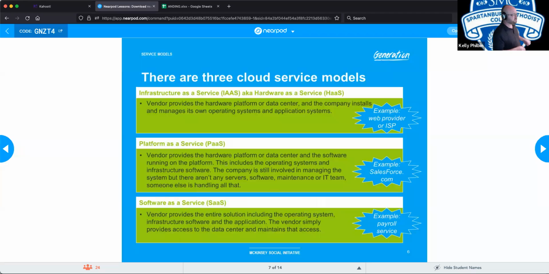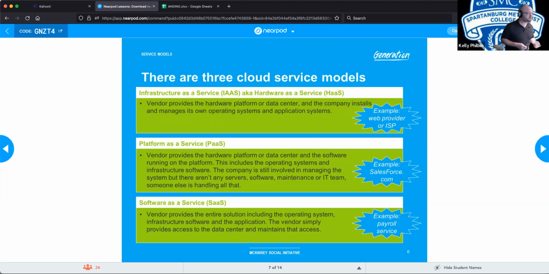So there are essentially 3 cloud service models we need to be aware of. We briefly mentioned this earlier this morning. These are the 3 ones that we're going to mostly pay attention to. There are others out there, but they are beyond the scope of the course. If you get into network and security, you start talking about more of them. These are the 3 key ones we have.